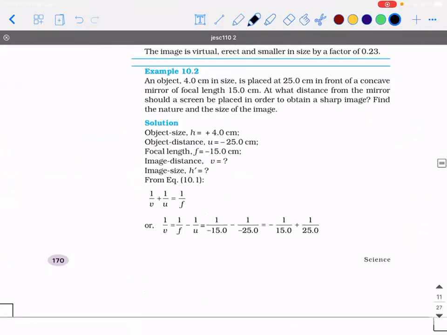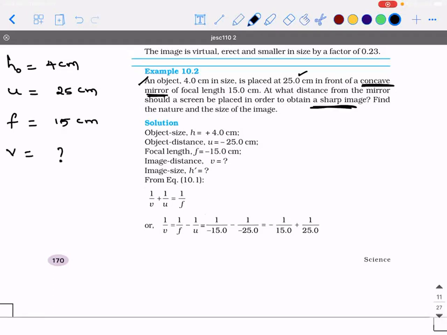So listen, there is an object 4 centimeter in size. The height of the object is 4 centimeter, placed at 25 centimeter in front of a concave mirror. U is equal to 25 centimeter in front of a concave mirror, of focal length 15 centimeter. At what distance from the mirror should a screen be placed in order to obtain a sharp image? Means they are indirectly asking what is the image distance, find the nature